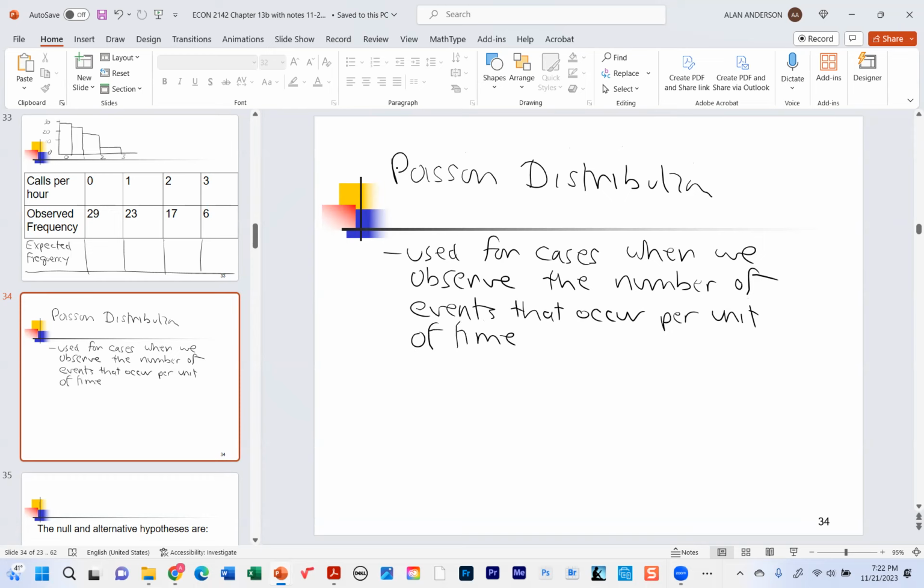So let's say we needed to understand the probability of getting, let's say, 5 customers using the ATM at a bank every hour. That would be something we would use the Poisson for. In other words, what's the probability that over the next hour, 5 people show up and use the ATM? Because the event is using the ATM, and time is an hour. So the way it works is,